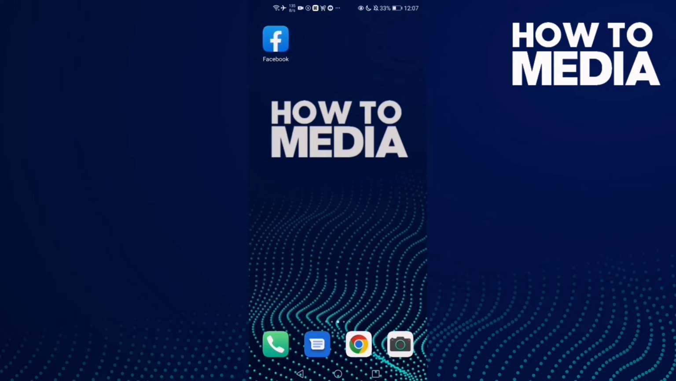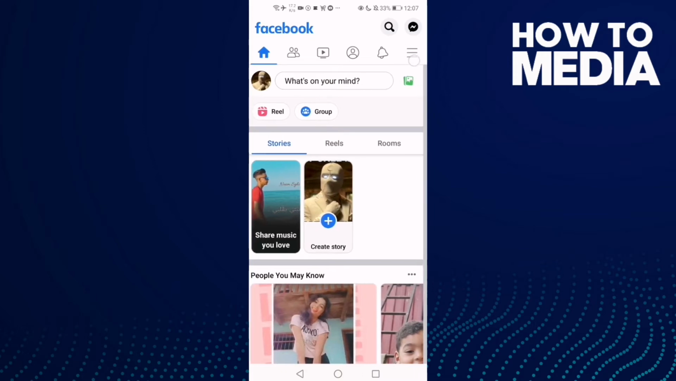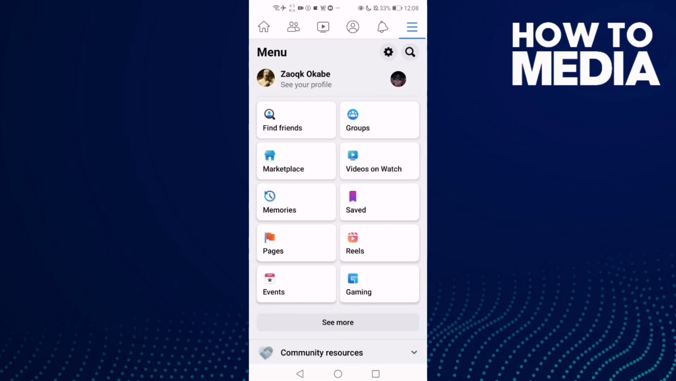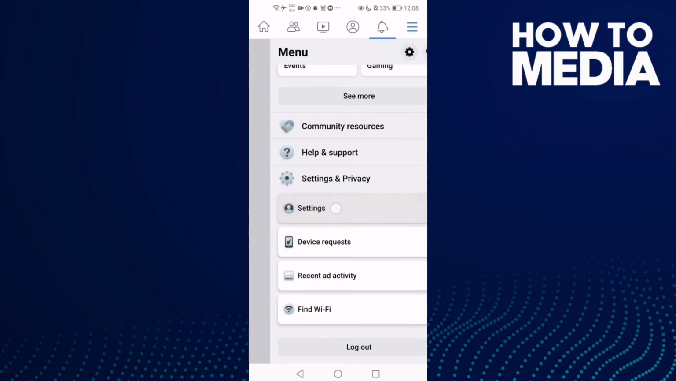First we're gonna do is go to Facebook and then click these three lines here, and now just go down until you find this one, settings and privacy. Click on it and then click settings,